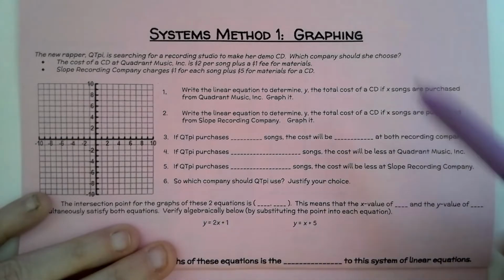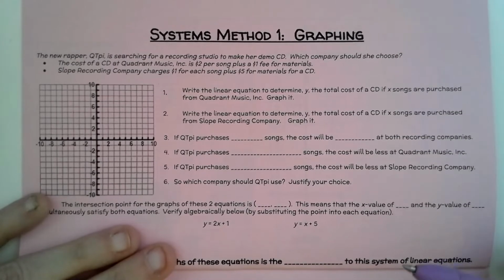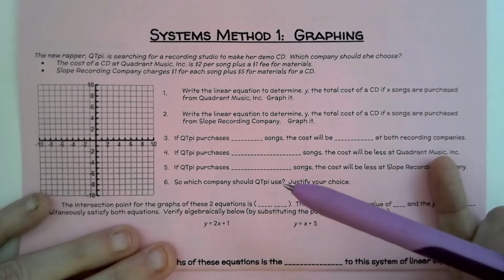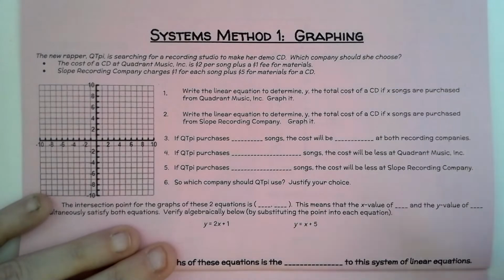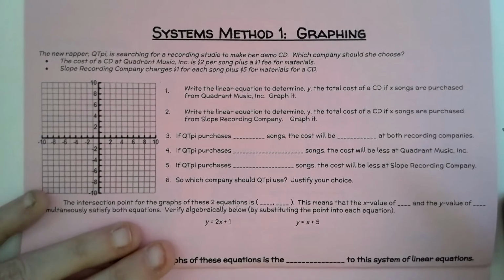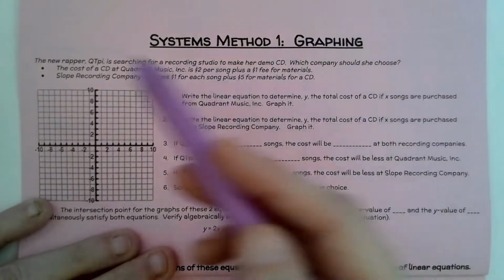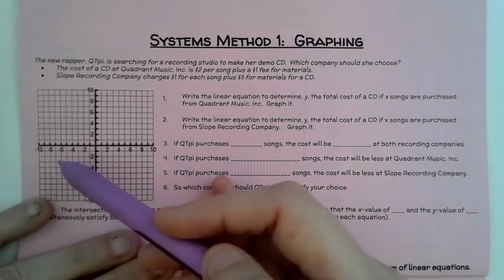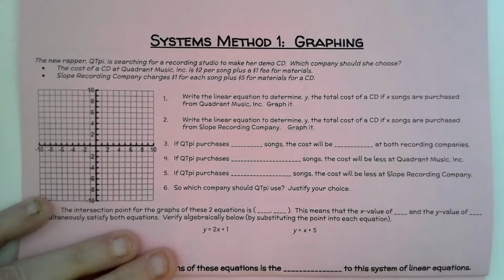So I'm trying to give you all kinds of different strategies that you can use to get the right answer. Now, this particular strategy is best used when we have something that's easy to graph. So say they give me a graph, or they give me 2 equations that are in a graphable form. That graphable form could be point slope form, but it probably won't be. Probably if they give you 2 equations in slope intercept form, you can stick those things in your calculator and look at the graph of them. So anytime they give me something that's really easy to graph, then I'm going to want to use method 1,